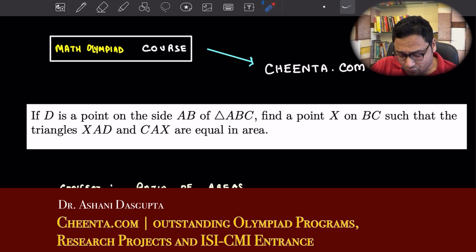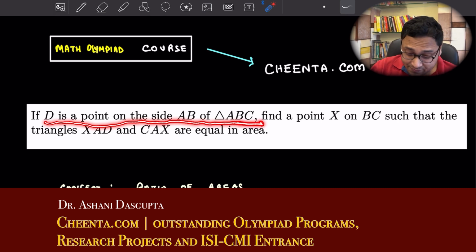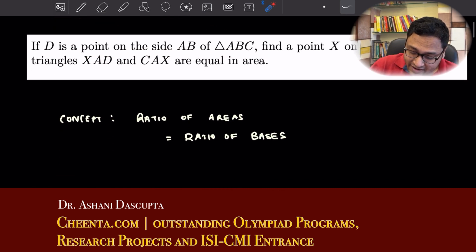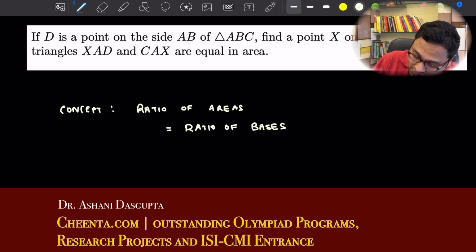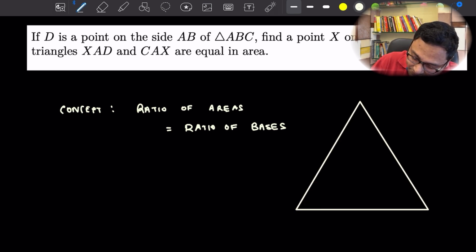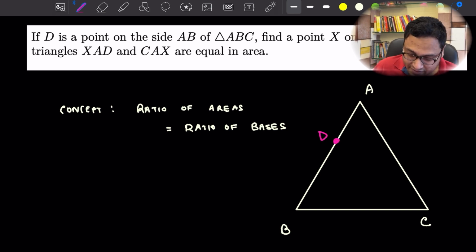Let's quickly tell you what is the statement of this problem. It says that D is a point inside the side AB of triangle ABC. We want to find a point X. So you have a triangle ABC. D is a point on the side of the triangle. D is here on AB. We want to find a point X. So maybe X is somewhere here. X is on BC, such that